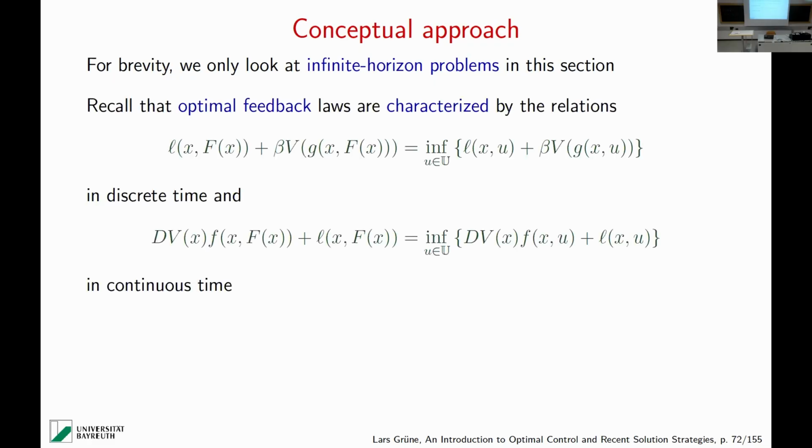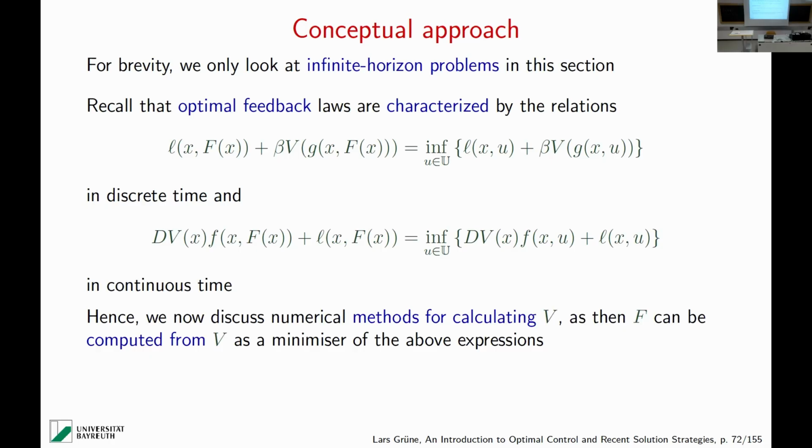The optimal feedback laws are characterized by this relation or that relation. This is in discrete time, this is in continuous time. So we have to find values f of x that minimize this expression for a given x. And this will be the feedback, this pointwise condition. And here we look at this derivative. There are all these difficulties I already discussed, that it may not be regular enough to plug it into a differential equation. But anyway, in principle, this is what we want to do. That's a rather easy task, and I will not talk much about this part of the problem.